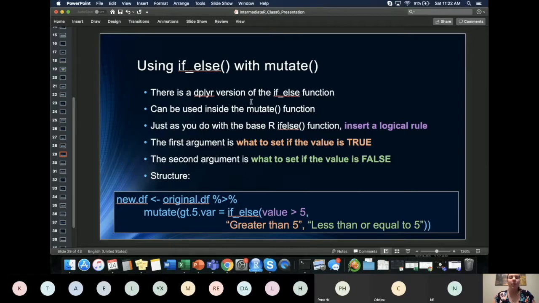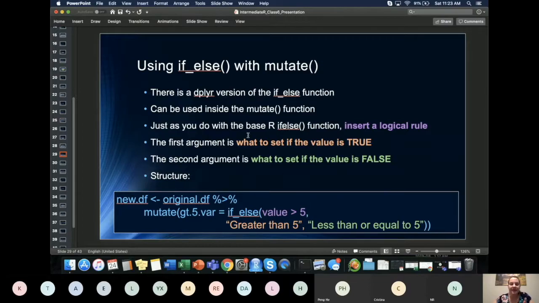So we always would use this inside the mutate function, because if else would create a new variable based on other variables. So when we got to these more complicated topics, I like to color code the description of what's occurring with the value that is shown down here. You'll see here that I'm telling you that you first insert a logical rule, and that's colored in purple. So we now go down here, and we'll see that an example of a logical rule is values over